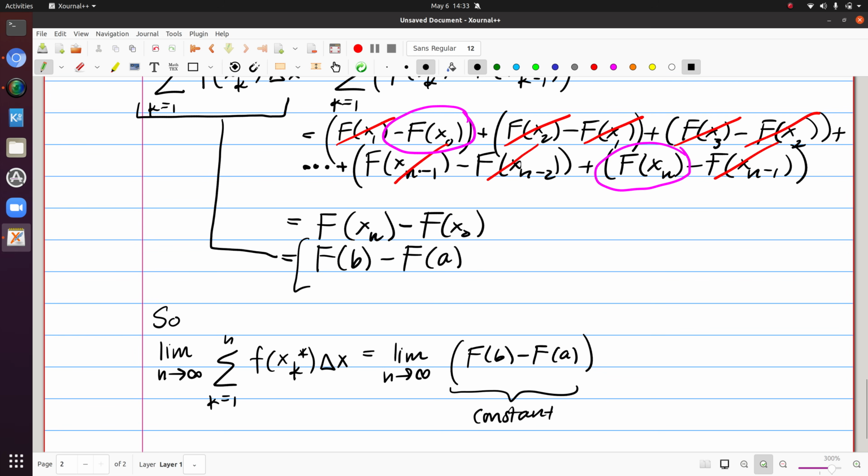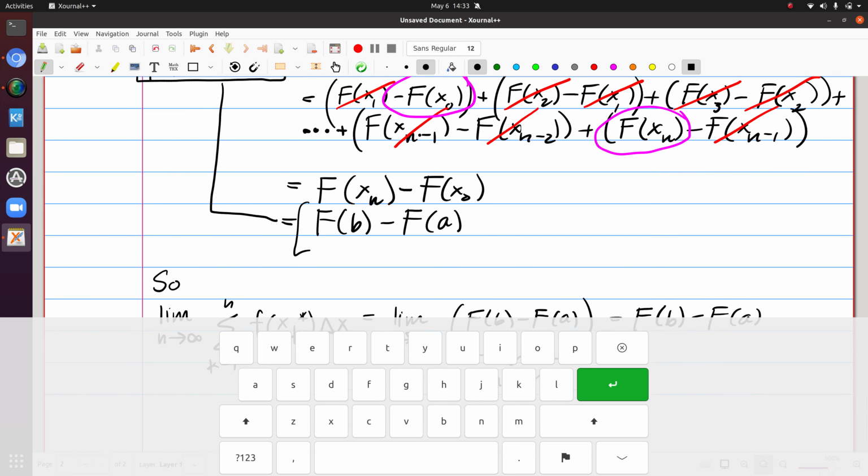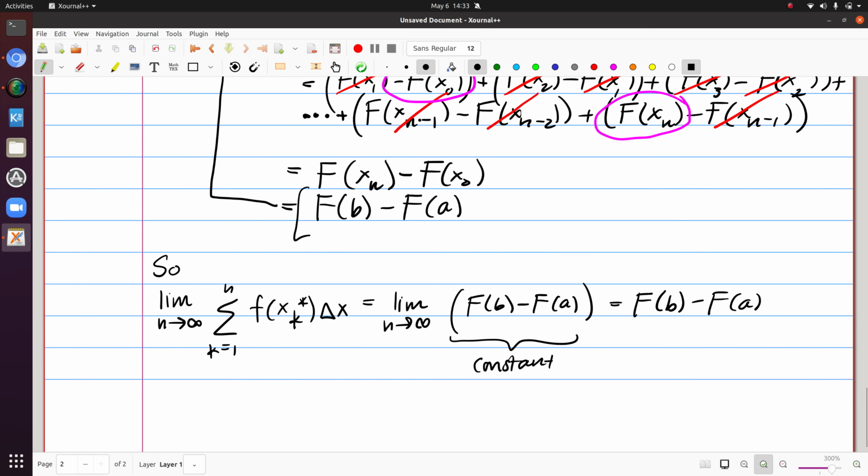Capital F of b minus capital F of a is constant. If you take the limit of a constant, the result is that very same constant. So sure enough, we get that that limit of Riemann sums is equal to big F of b minus big F of a. So making the connection back to how we defined the definite integral, that suffices to say that